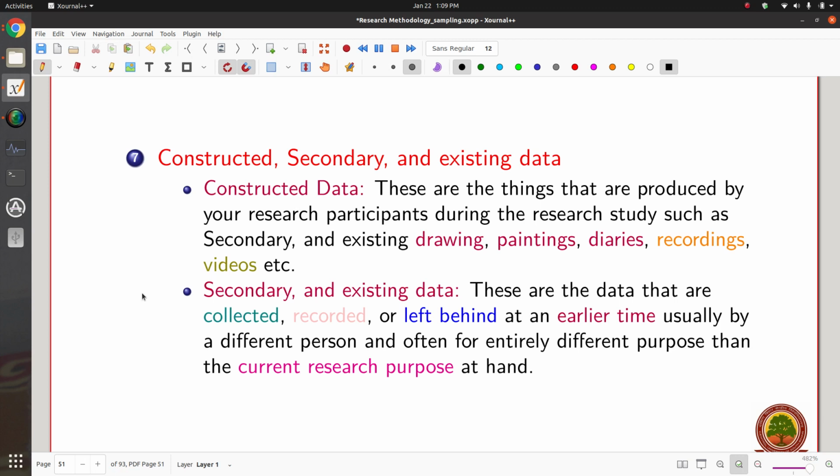Then there is one more source of data that is generally called physical data. Physical data means the kind of data that is generated by a person and is left as a physical footprint. For example,